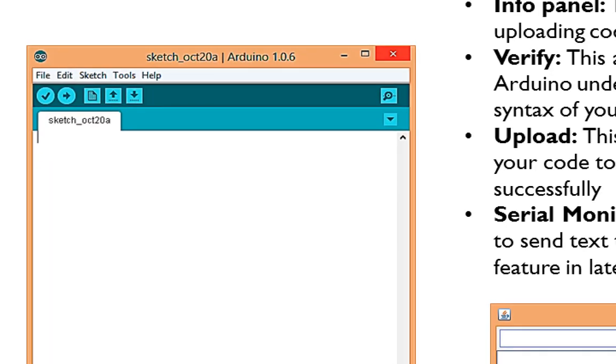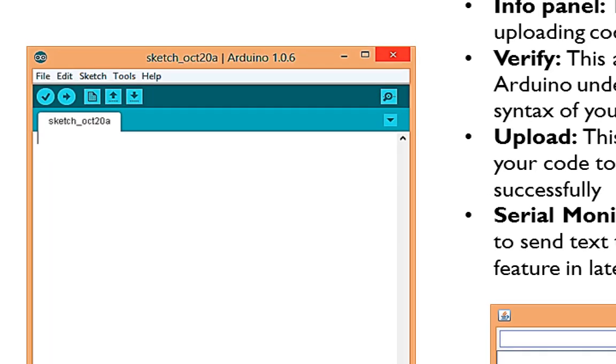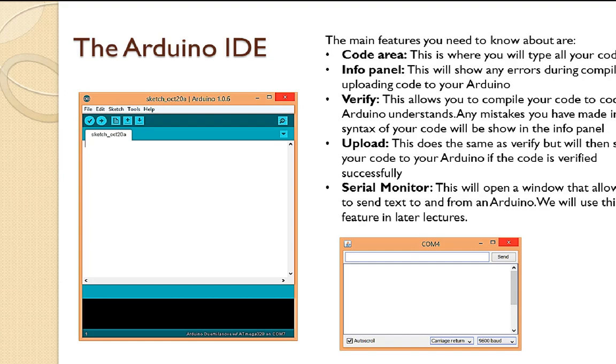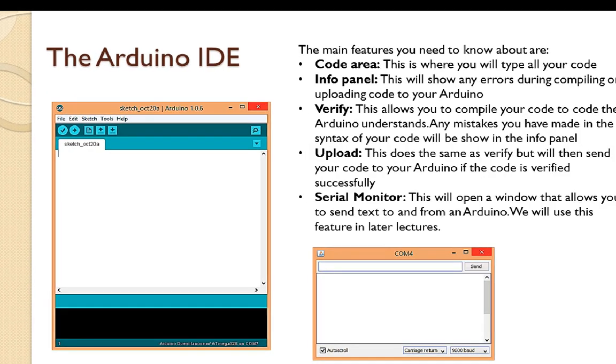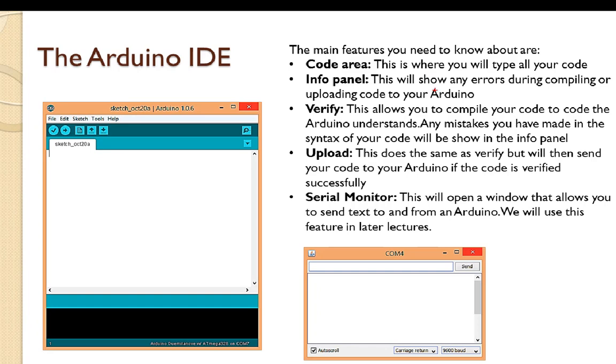So this is the editor box. This is our coding area. This area allows you to write the code according to the standards of the compiler.